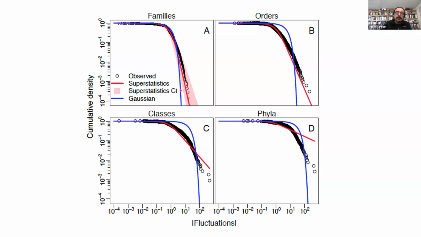In blue is the Gaussian. And the dots here are the observed. So the fit is really great for families. It's not that great for orders, and it really works for classes and phyla. So it looked like families and orders really satisfy this, as ways of looking at the evolution of life in the last, this is data for the last 500 million years, that you can characterize as working like